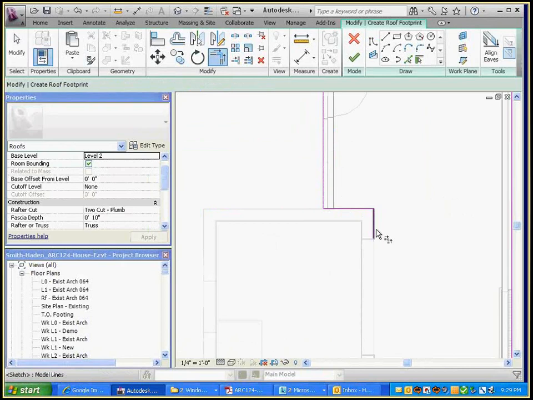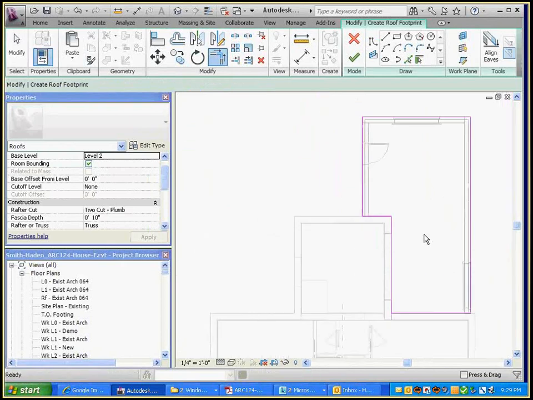those corners. Now, the last thing I want to do is make sure I've got it at the right height, and I want it to actually be negative 3.5 inches. So it says level 2, base offset from level, negative 3.5 inches. And then when I finish it,